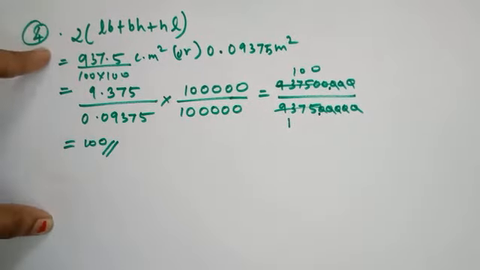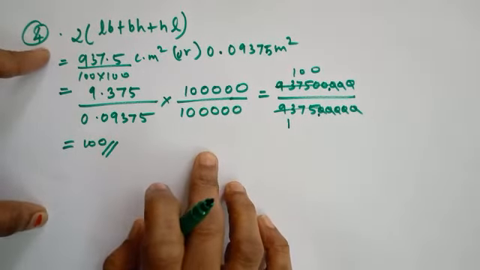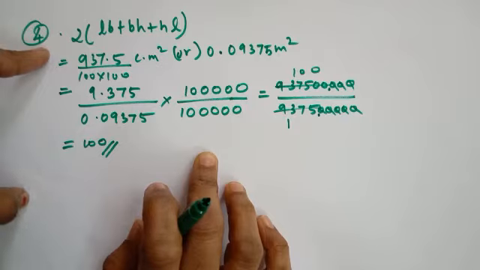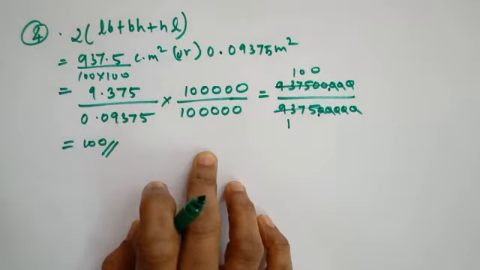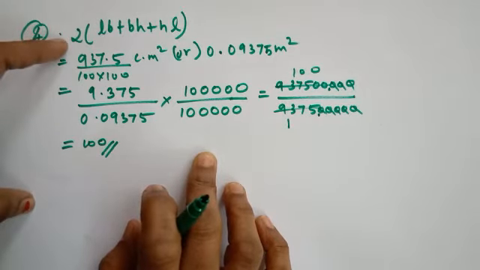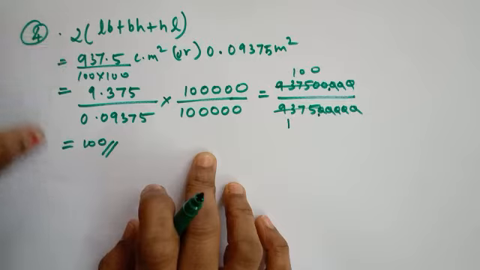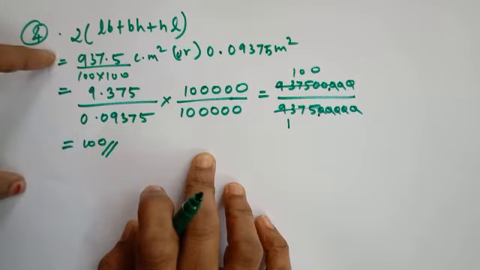Then listen, students, for the 5th and 6th questions I have already given homework. I have sent the video images also, so you should watch it. Then students, 7th question, just read the question first. If you read the question, then only you can understand the steps also. Here there are two kinds of boxes.